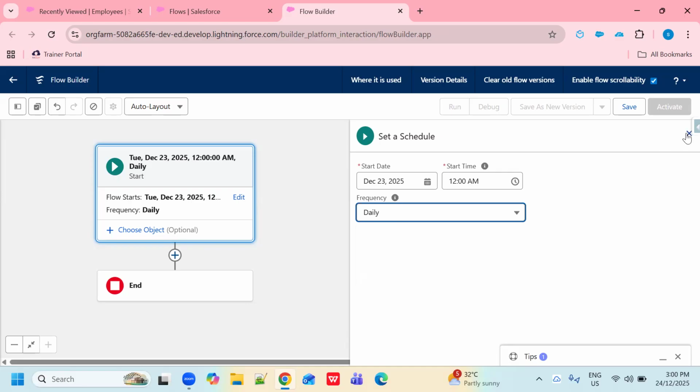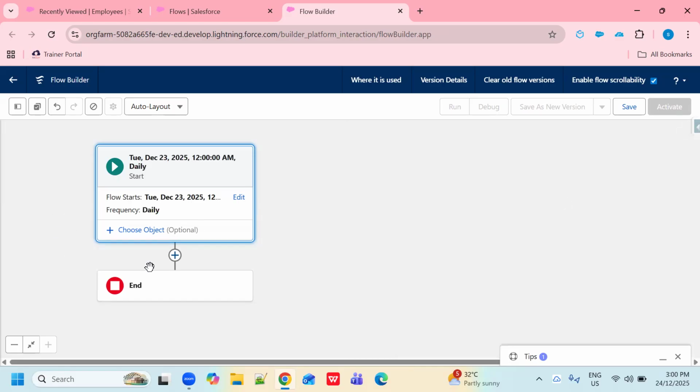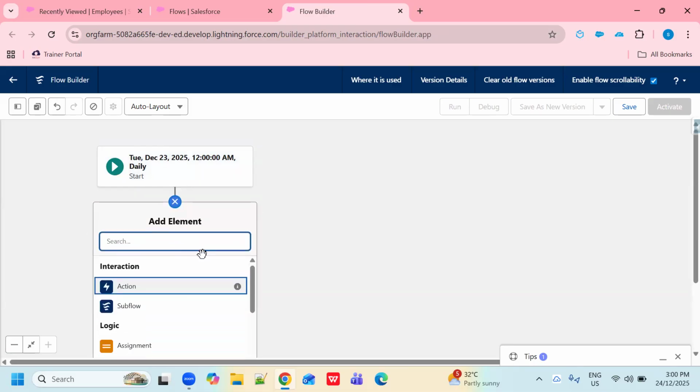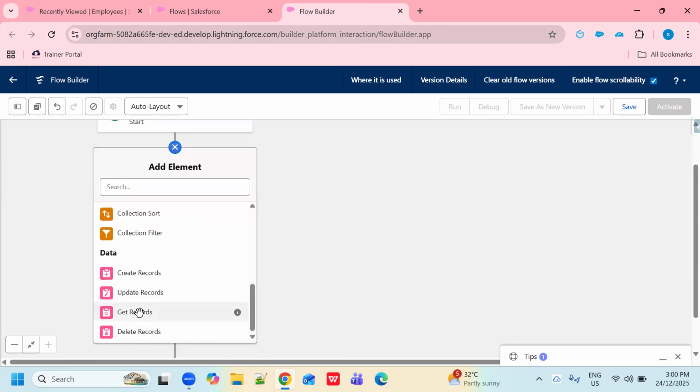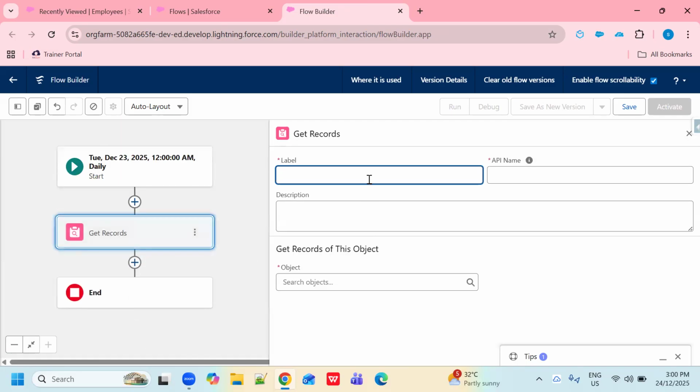After doing this, first of all I need to fetch my records from my database or from my object. To fetch my records, I have an element here that is Get Records. So I need to get records from my object. Give a label here, so Get Records or Get Employee Records.